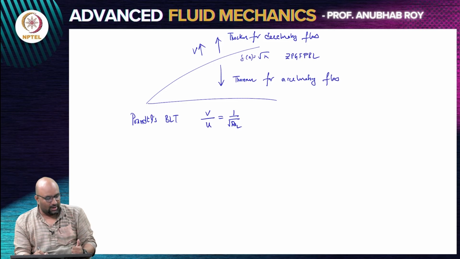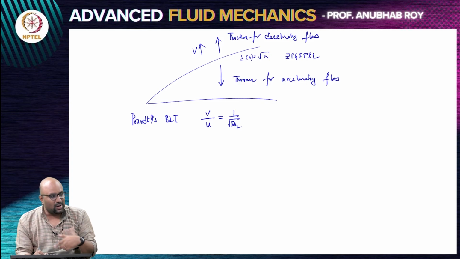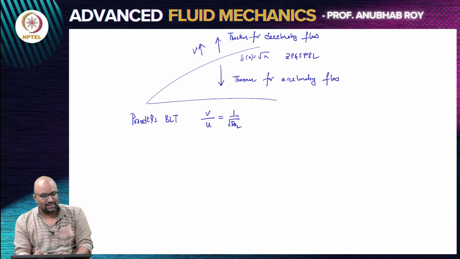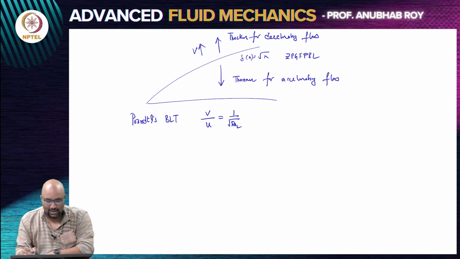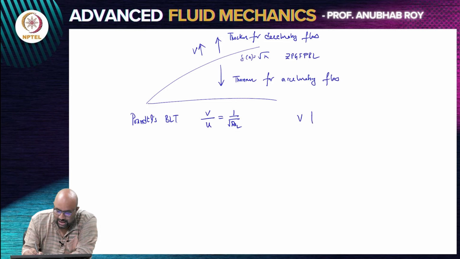So, the vertical velocity away from the plate is asymptotically smaller than the streamwise velocity. Now, when you have this decelerating scenario, we are saying that the vertical velocity will get larger. As it keeps getting larger, the vertical velocity keeps shooting up,